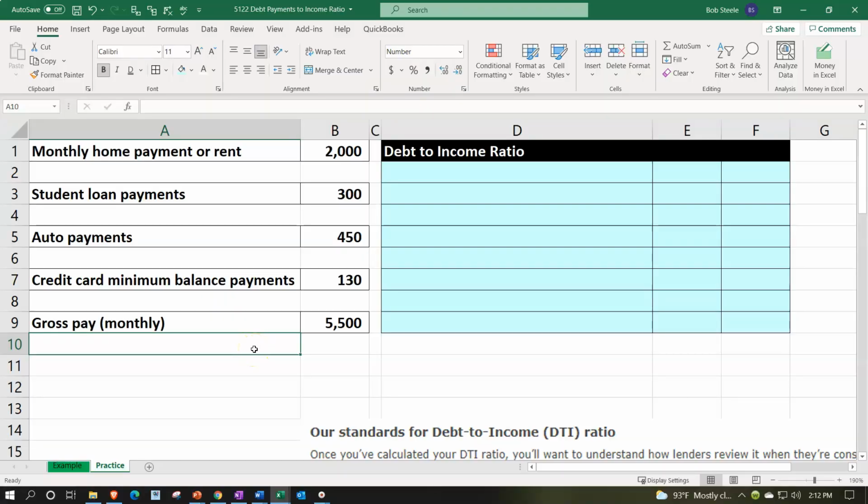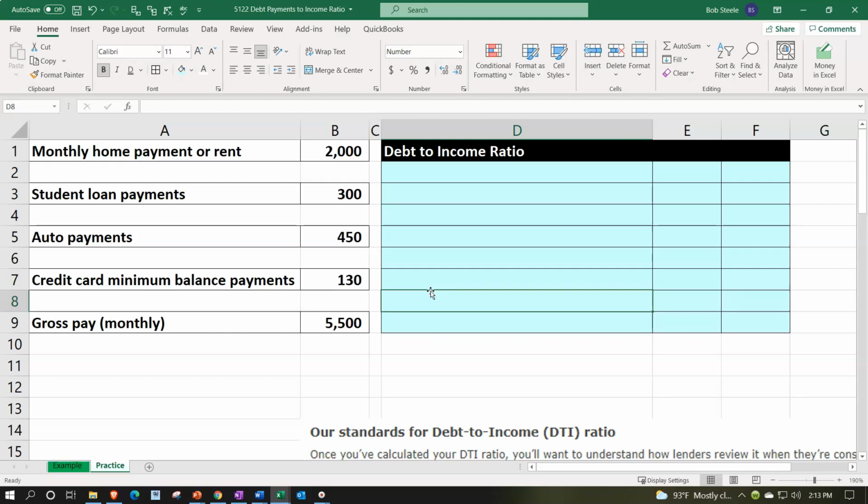Here we are in our Excel worksheet. If you have access to the Excel worksheet and would like to follow along, note that we're down here in the practice tab as opposed to the example tab. The example tab, in essence, being an answer key. We have the information on the left-hand side. We're going to populate that into the blue area on the right-hand side, calculating our debt to income ratio, which